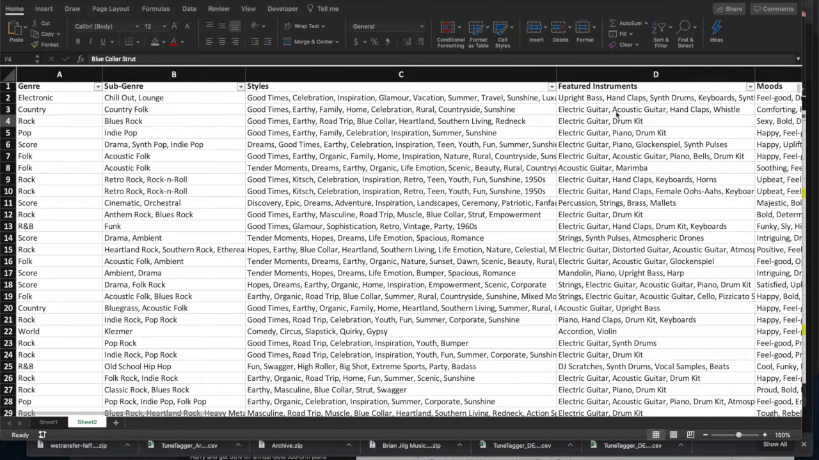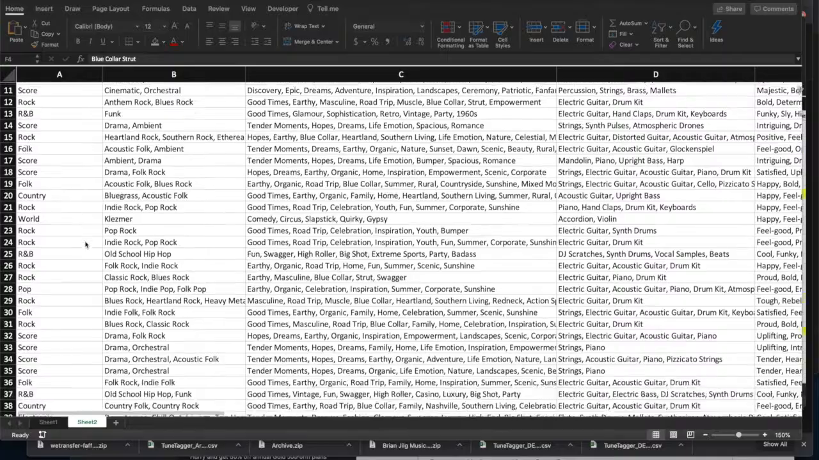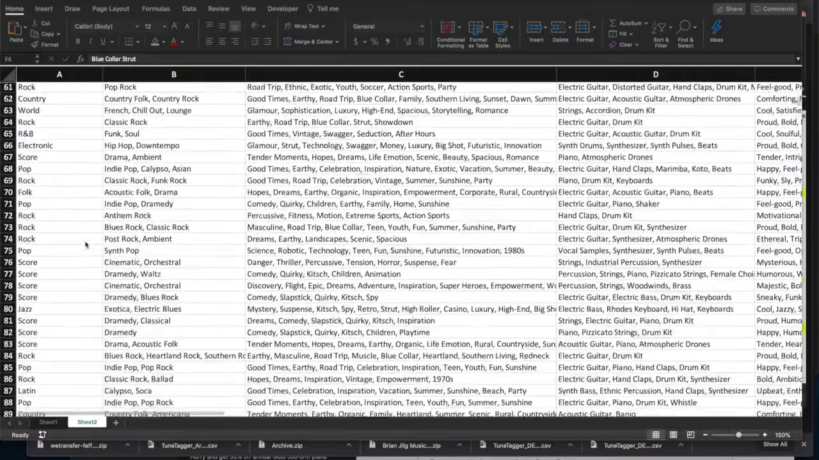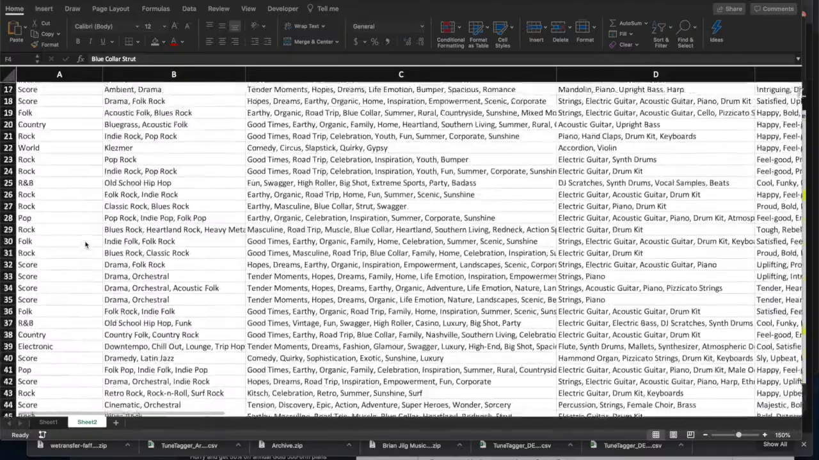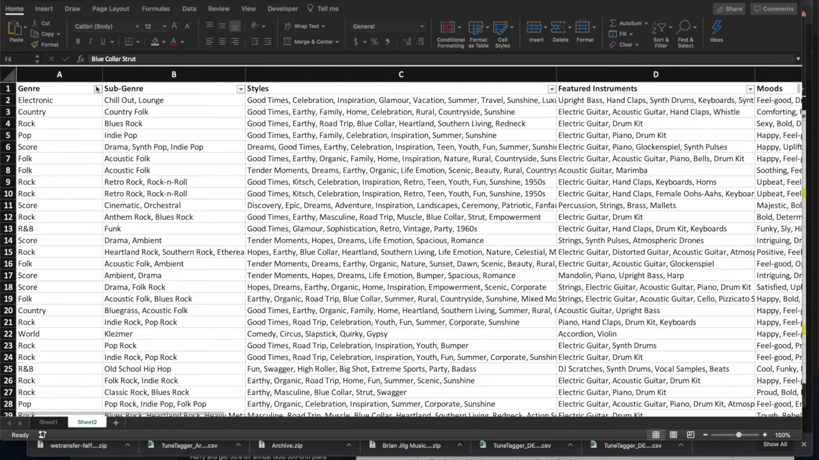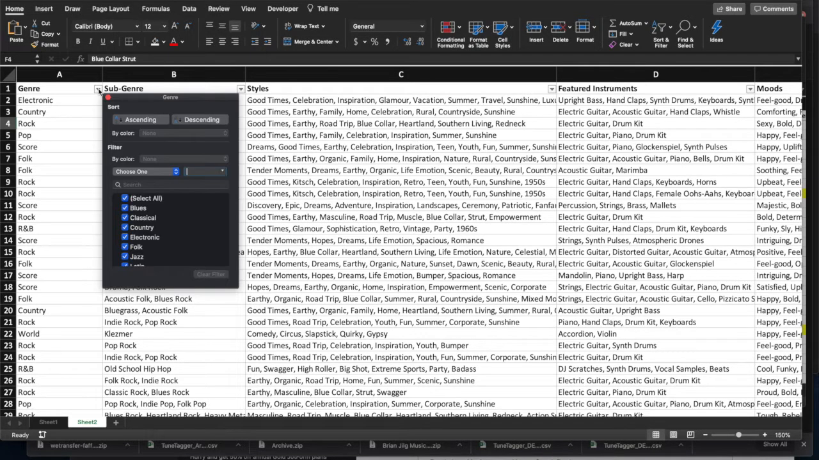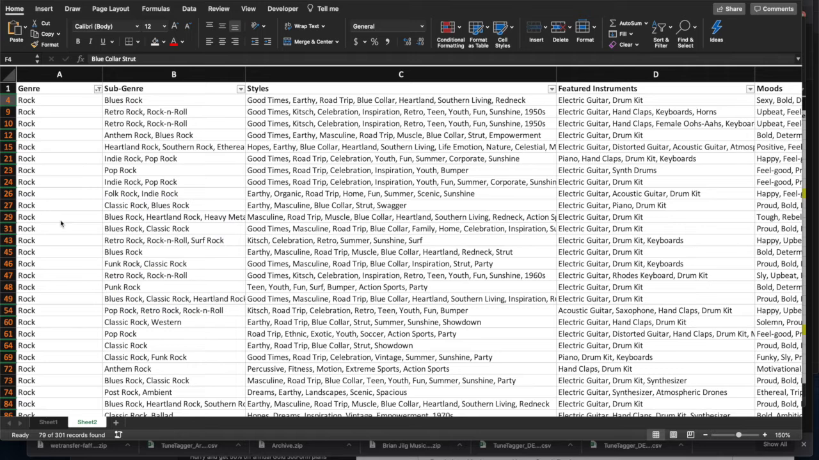So first thing we're going to do is start with the genre, and we're going to notice that in this example, we have a whole lot of different types of genres. So we're going to just pick one genre first. And let's go with the rock genre. I'm sure that's in here somewhere. There we go. So we're going to filter just the rock genre,